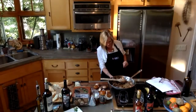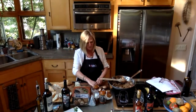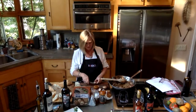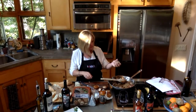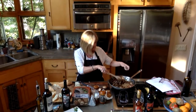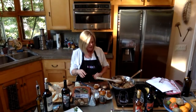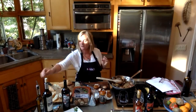So I'm going to get this started again. With your mushrooms, you basically just trim off the ends, and then you just slice them up. And you're going to saute them. And as you can see, I already have some going here. After the mushrooms and the onions are sauteed together, and oh, I didn't mention,